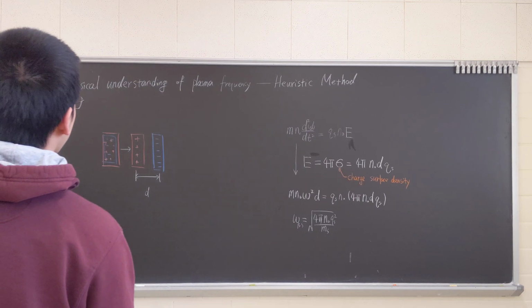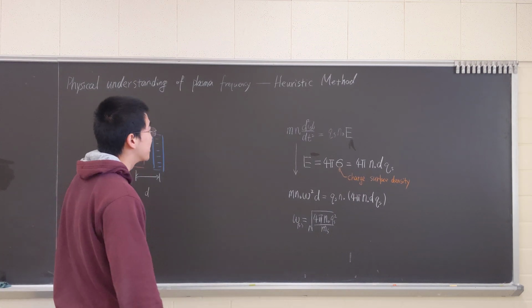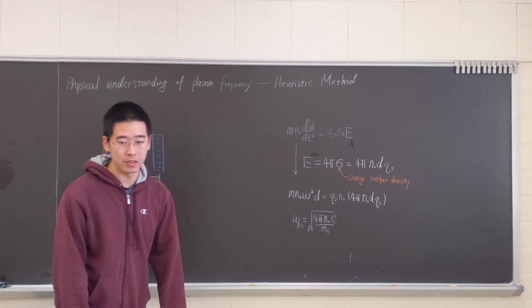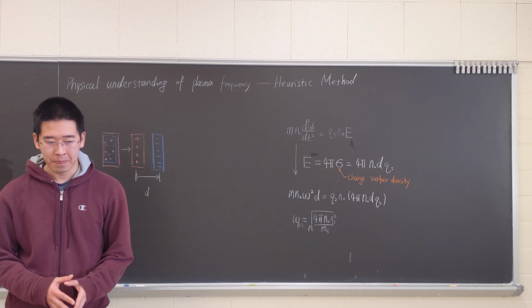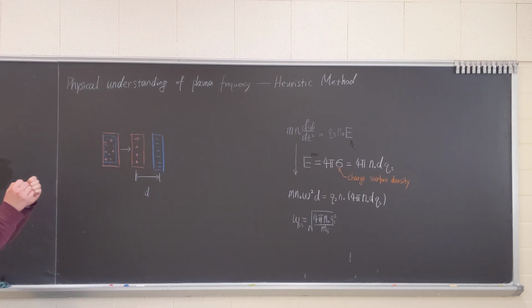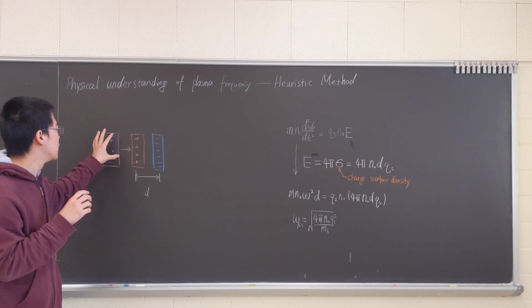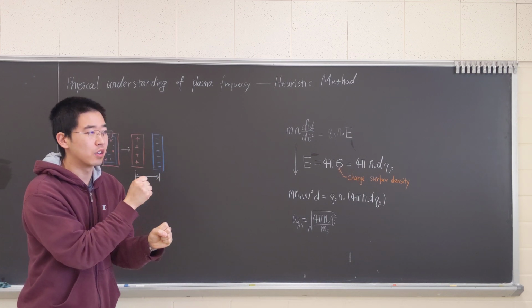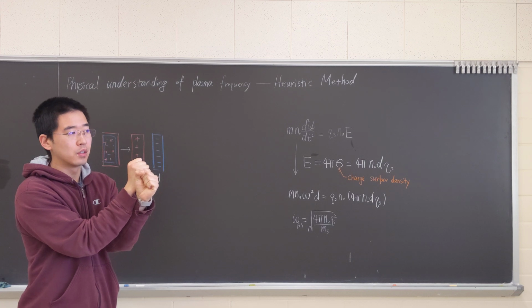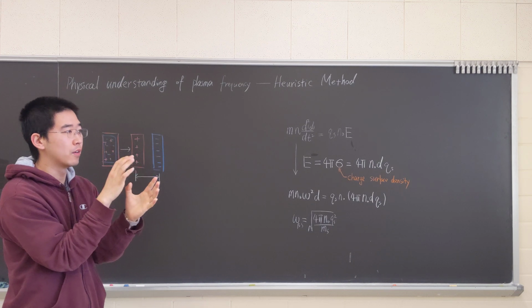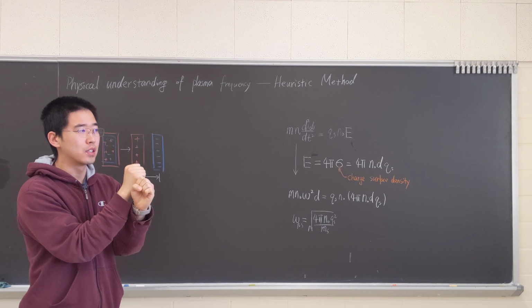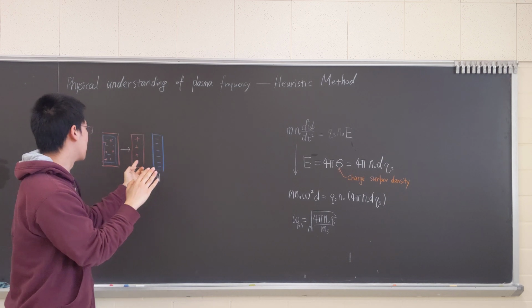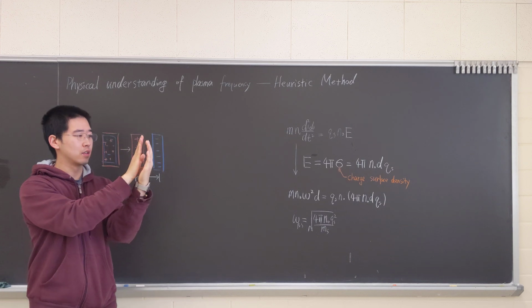Okay, let me talk about the physical understanding of a plasma frequency, and I will provide a heuristic method to deal with that. I think you can consider the neutral plasma as just two overlapping species, electrons and ions, neutral overall. Then locally it has a little bit of charge separation, so ions and electrons separate a little